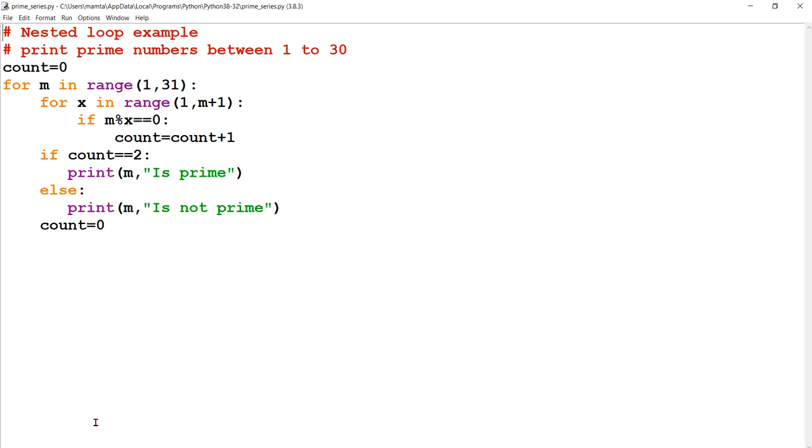So here is the example for prime numbers between 1 to 30. The basic concept of prime numbers I have given you. And at the end of this tutorial, I'll be giving you a few programs for practice. If you are not doing practice, it's difficult to work with your logic, or if you are not exploring various new programs, you have to prepare them in a copy, not directly on the system. Then only you can get help. Otherwise, one or two programs will not help.